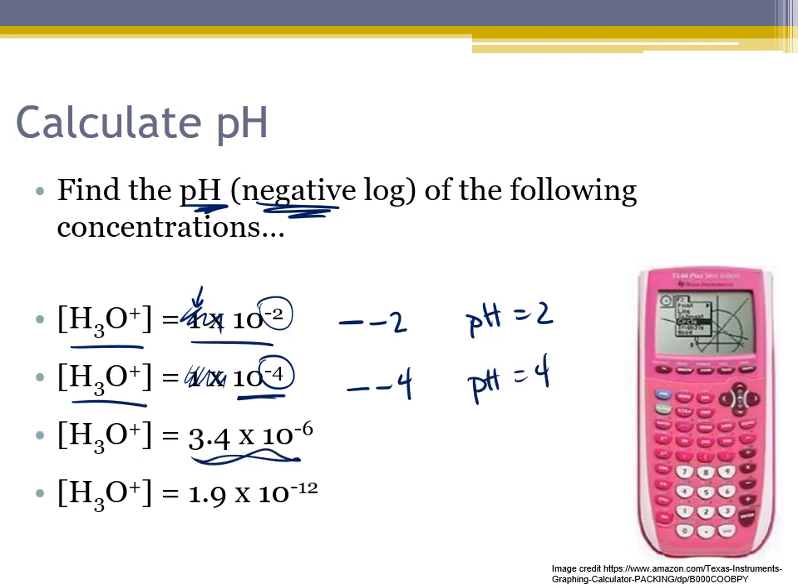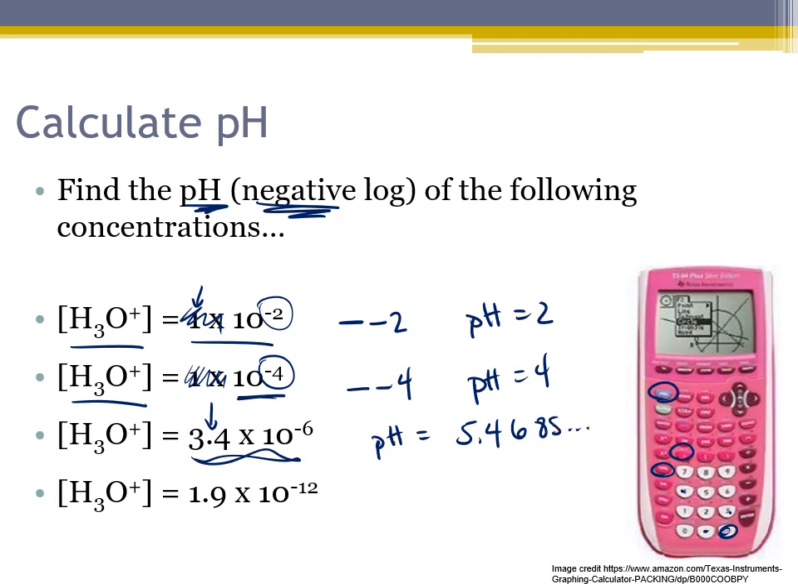These guys, I'm going to need my calculator because that's not a 1, and so it's not quite as easy as just looking at the exponent. So on my calculator, I'm going to type negative log. I'm going to type in 3.4, and I like to use the second function EE. So I'm going to do second function EE button, and I'm going to type in that negative 6 exponent and enter, and my pH is going to be equal to